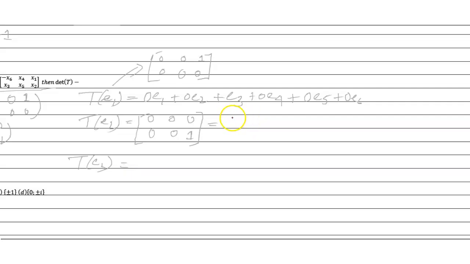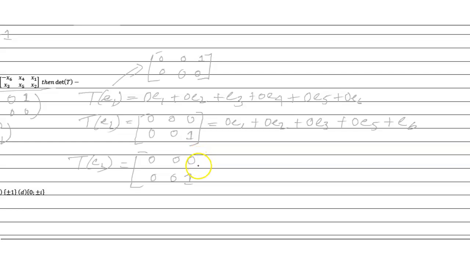So whatever I can write this way, plus E5 and E6. This way I can write. And TE3 I can write, the TE3 value is